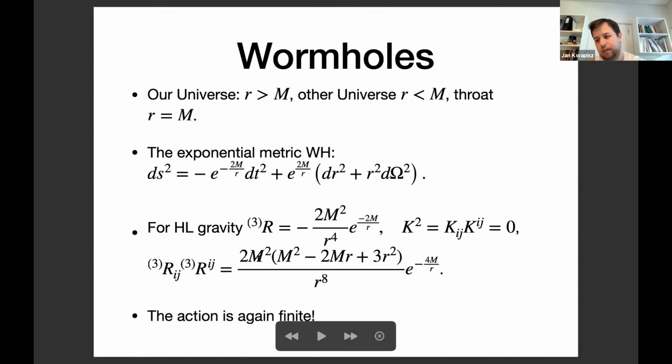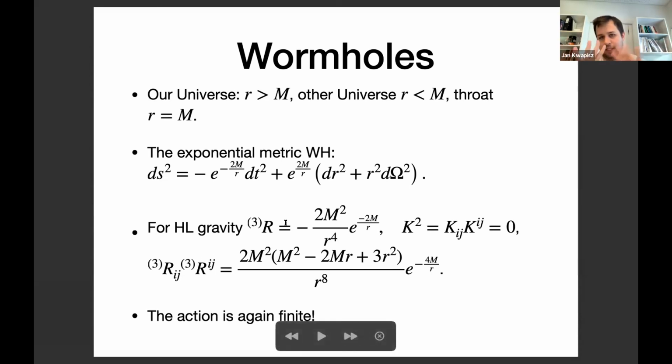which can lead to the conclusion that wormholes, from the point of view of finite action, are on the same footing as regular black holes, or for Horava-Lifshitz, they are even more preferred, because we know Horava-Lifshitz wormholes, but we don't know any regular black hole solutions in Horava-Lifshitz. So it might be that from the point of view of this principle, wormholes might be preferred over a black hole for Horava-Lifshitz.